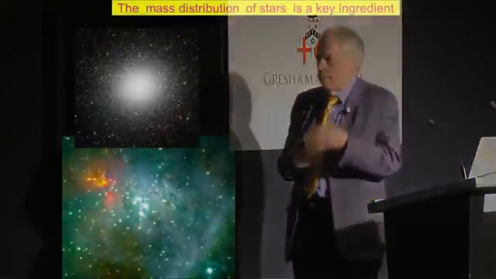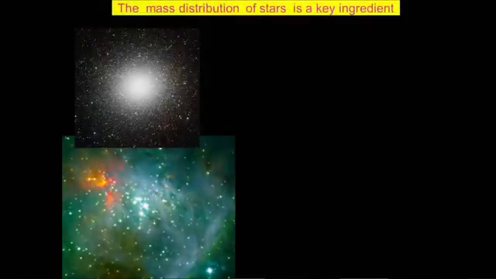Okay, so here is one of the most important elements of understanding how stars form. These are two very different regions where there are lots of stars. So this is a young star cluster, okay? And all these bright things are stars, tens or hundreds of times the mass of our sun, shining very brightly, short-lived. We know they're short-lived because they ran out of their nuclear fuel really quickly, in millions of years.